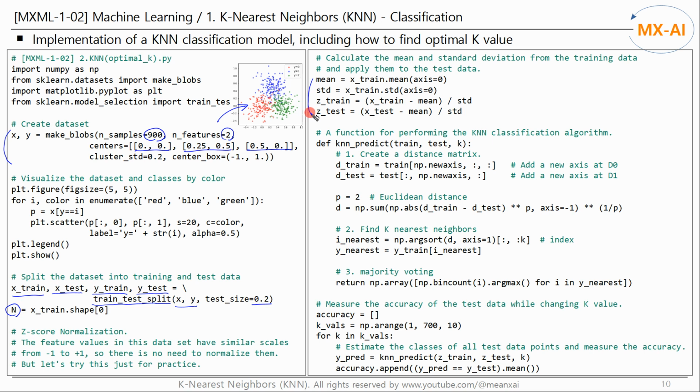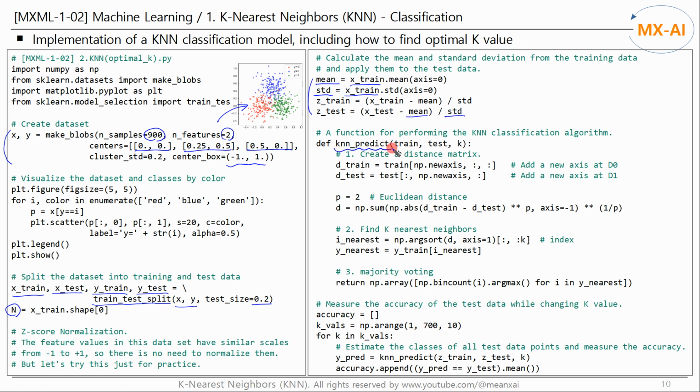The feature values in this dataset have similar scales from -1 to +1, so there is no need to normalize them. But let's try this just for practice. Calculate the mean and standard deviation from the training data